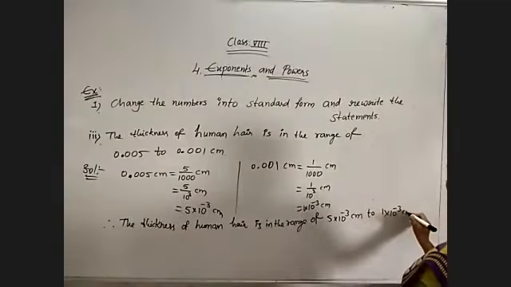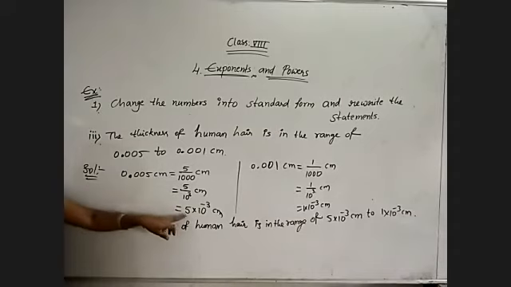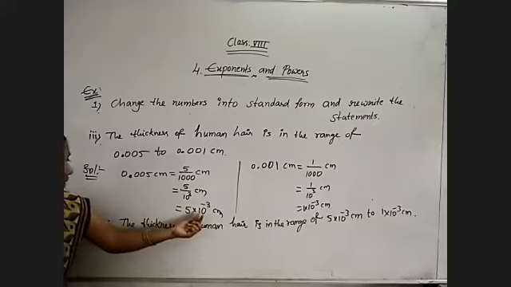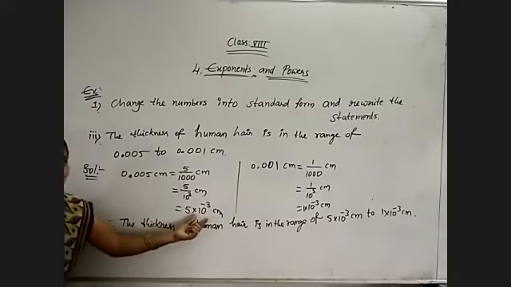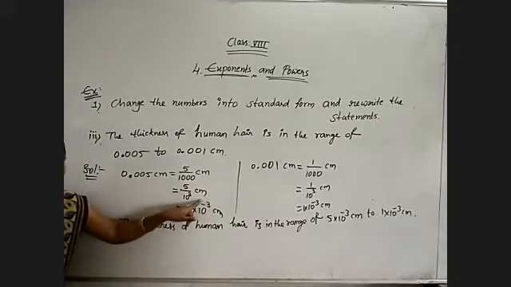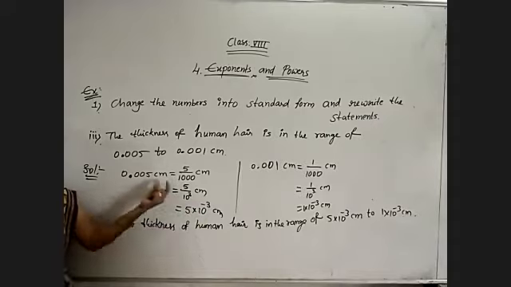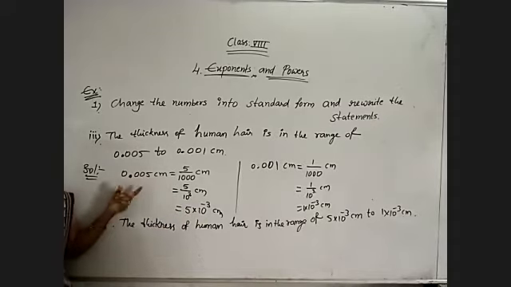Standard form is nothing but what? We need to express a number as a decimal number between 1 and 9, where 5 can also be written as 5.0, times integral powers of 10, that is 10 power integer. Integer means we can take negative values as well as positive values. So this is the standard form of the given value. Understand?